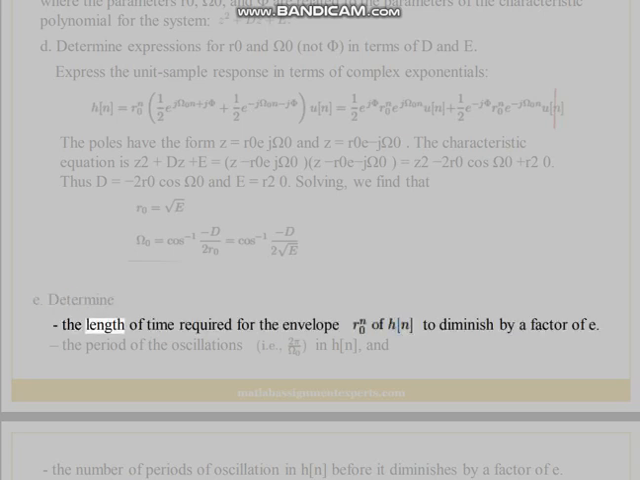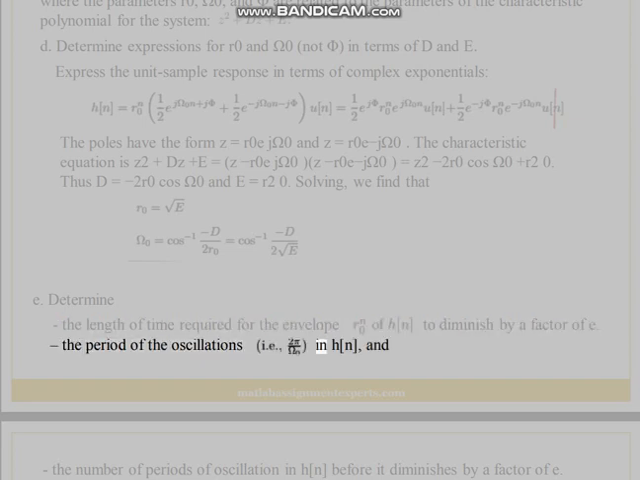E. Determine the length of time required for the envelope to diminish by a factor of e. The period of the oscillations in h[n], and